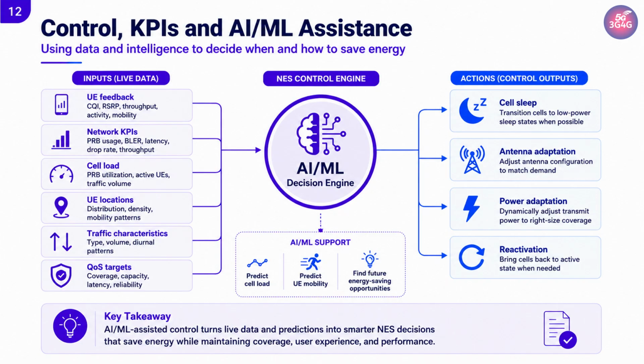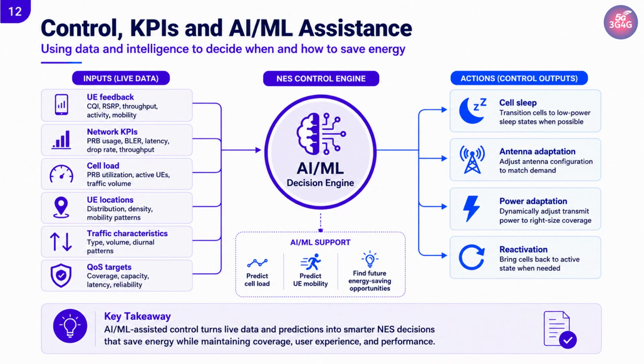Network energy saving is not just a set of radio features, it is also a control problem. The gNodeB has to decide when to sleep, when to reduce antennas, when to reduce power, and when to reactivate resources. Those decisions should be based on data. Useful inputs include UE feedback, network KPIs, cell load, UE locations, traffic characteristics, and QoS targets. For example, the network may consider CQI, RSRP, throughput, mobility, PRB utilization, BLER, latency, active UE count, traffic volume, and